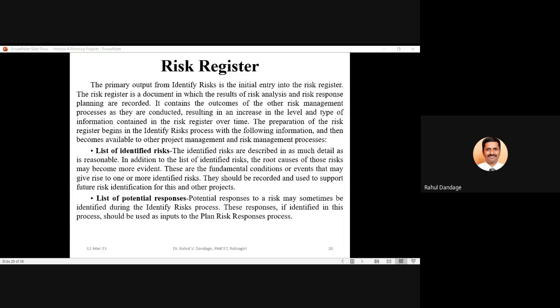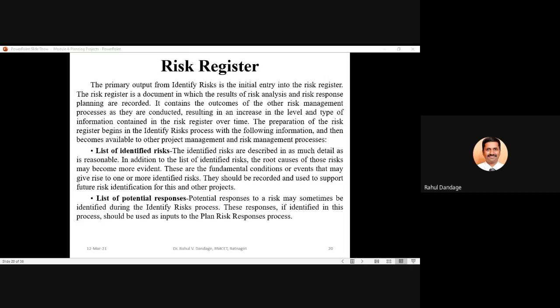So this risk register will keep being revised and updated from time to time, because it may not be completely prepared at once. Risk identification will be an ongoing process. As new risks come into the picture, the analysis, prioritization and ranking will vary, and risk response strategies also need to be decided from time to time depending on the situation. So the risk register will always be a dynamic document that keeps getting updated.